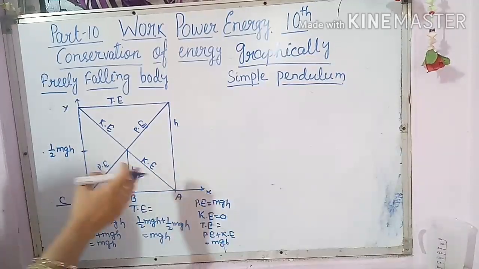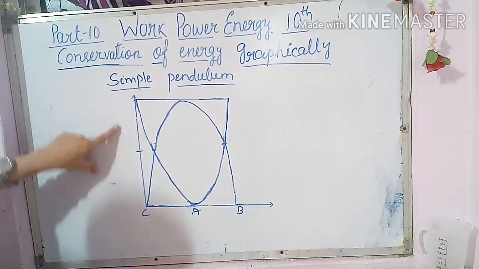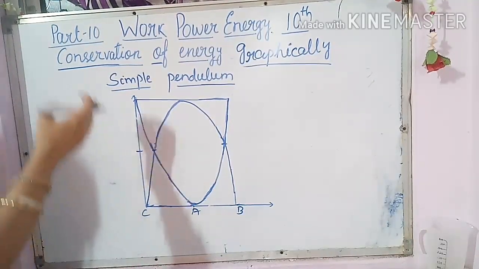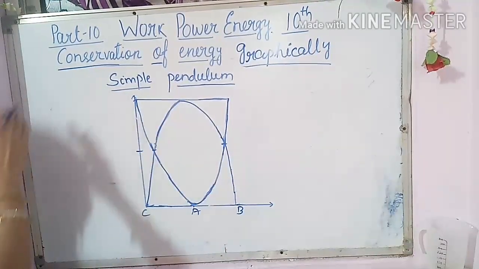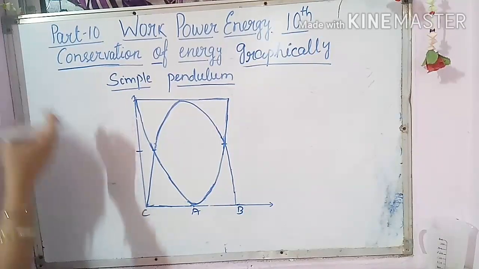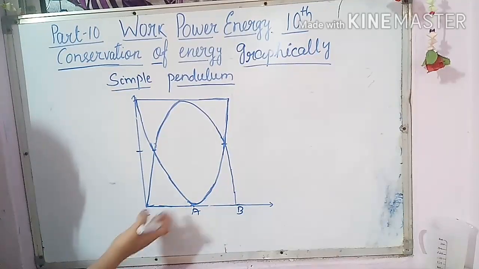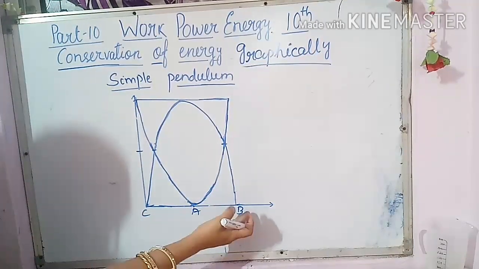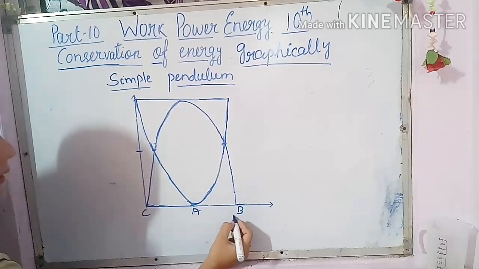Now go to the graph of the simple pendulum. Now children, here you can see the graph of the simple pendulum is like this. As it is a bob and a vibrating body, that's why the graph is like this, and there, as it was falling freely in a straight line, that's why the graph was like that. The condition is the same as I explained in the mathematical derivation, that these are the three positions of the bob.